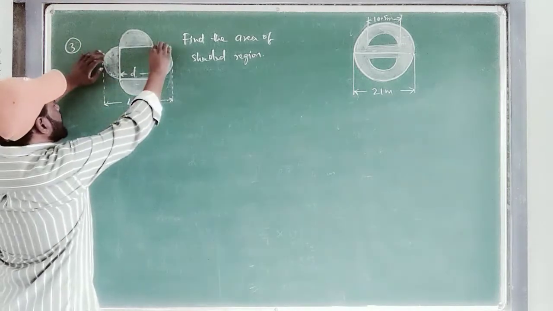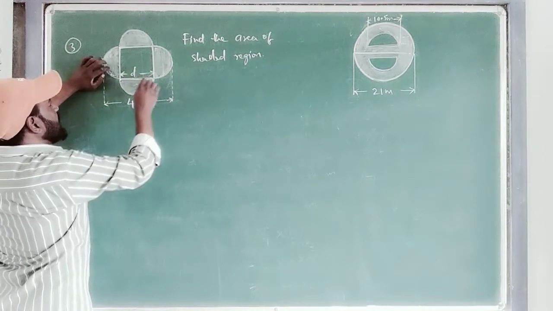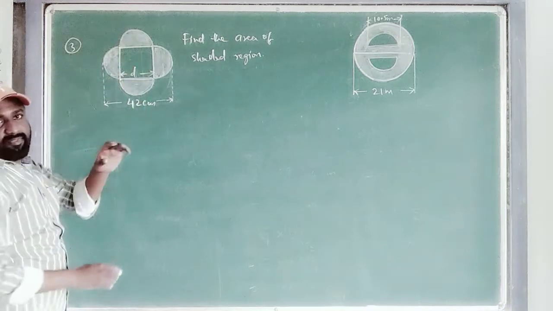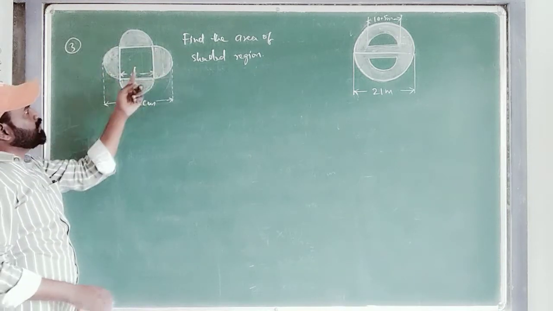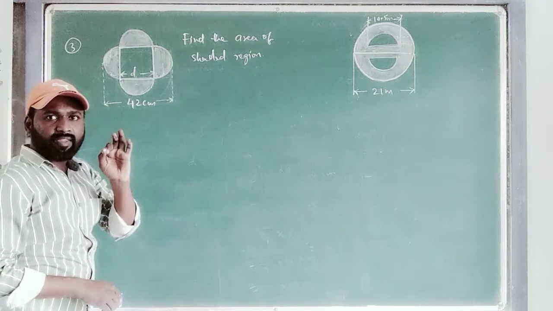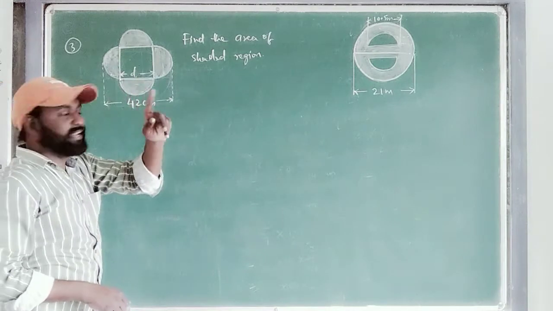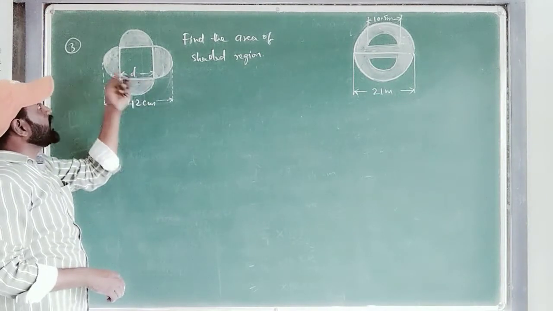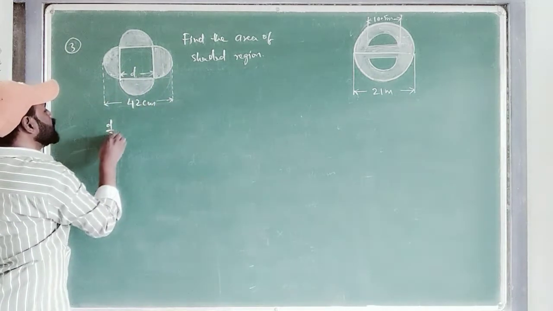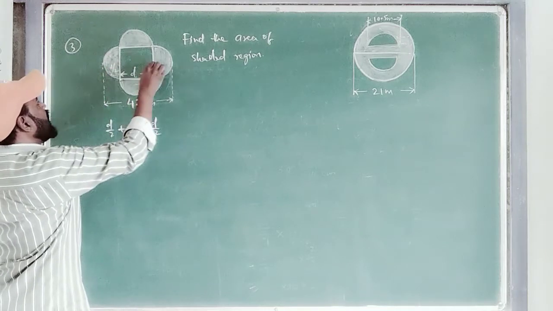So if you observe carefully, this side and this side, it is D by 2, it is D by 2. That means how much is the length? By adding these two also the same. So that is D by 2 inside D. So D by 2 is what? Half of D. So this is half, this is half, 1 for 1D. That means this is 1D and this half of D, this is half of D. Total D by 2 plus D by 2. This is D by 2 now, half of this.